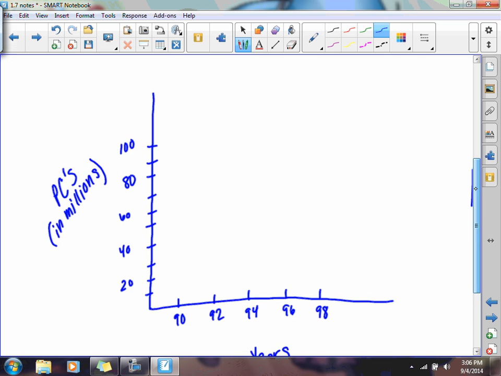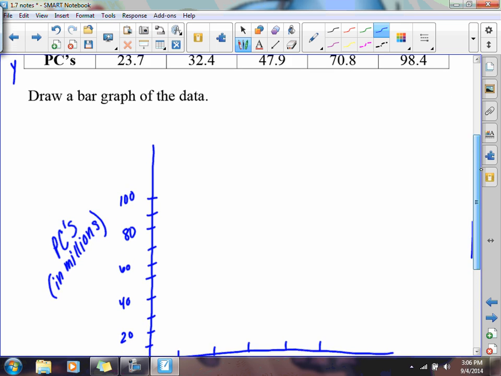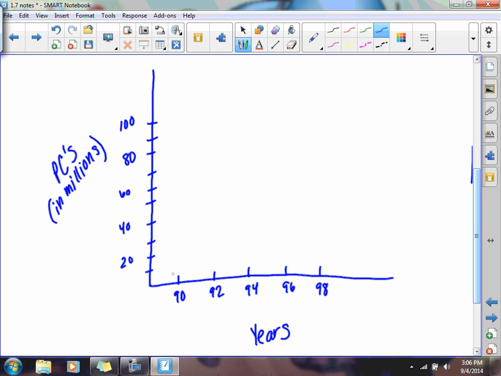And now to make our bars, I just have to read that in 1990, there were 23.7 million. So in the 1990 spot, I'm going to go up to about 23.7. I'm just going to estimate as best as I can as to where that would be. I'm going to make a little bar. If this mark here is 20, I want to be just over it a little bit. And you can color it in if you want. If you want to use colored pencils, markers, highlighters, whatever, you can be creative and colorful when you're making your